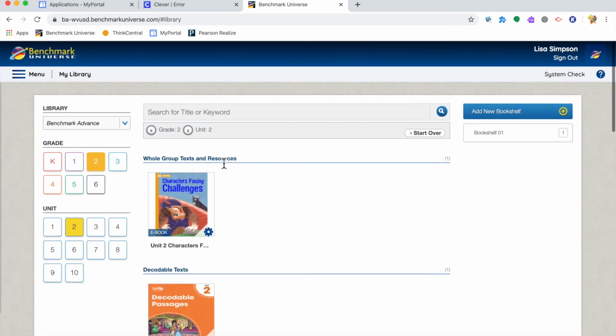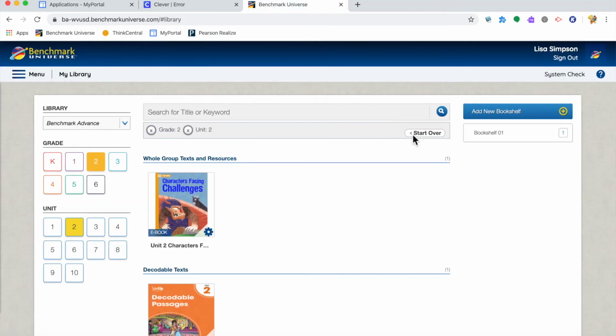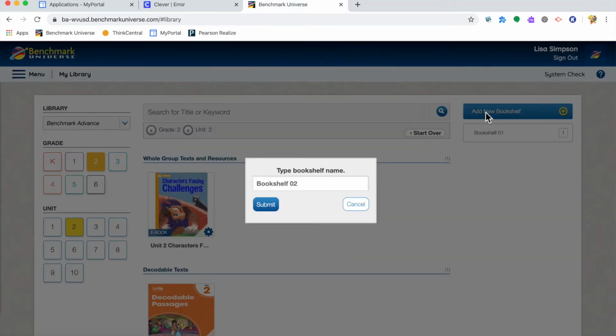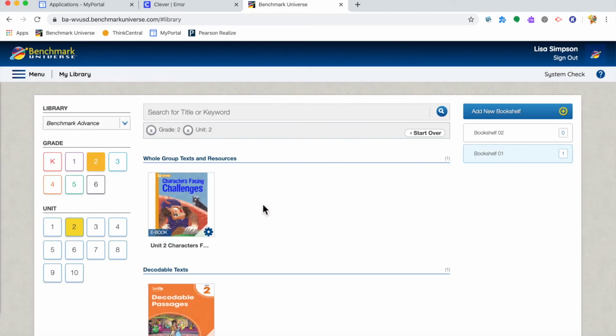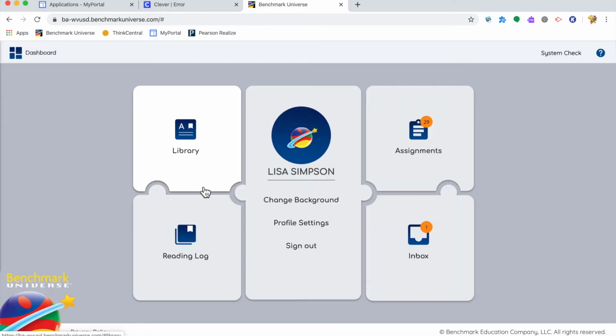You can add any of these books, if you like them, to your bookshelf. So we're going to go ahead and add a bookshelf. And we can drag any of these books into our bookshelf. Going back to Benchmark Advanced,